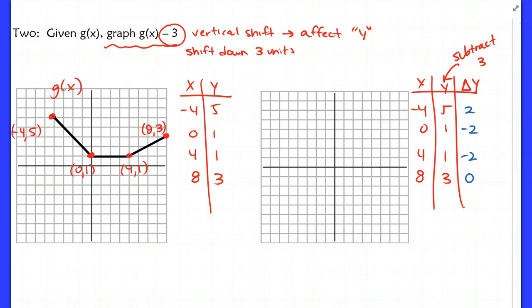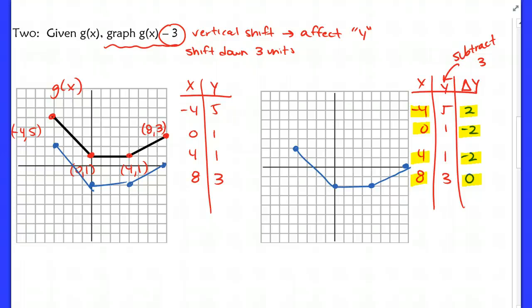This time when I plot this is where you've got to make sure you understand the whole concept. You're keeping your x value, right? But we just changed our y to this coordinate. You're keeping your x and using this new y. So those are the points that I am now going to plot. So I go to -4, 2, 0, -2, 4, -2, and 8, 0. So this is that function g of x that has now been shifted 3 units down. And you can also see over here, if I just shift these down 3 units, I get that exact same graph, right? Okay, so you might be asking, why am I doing this whole table